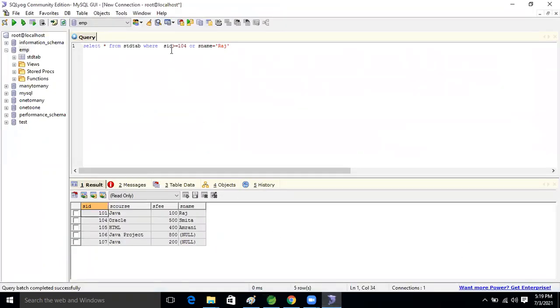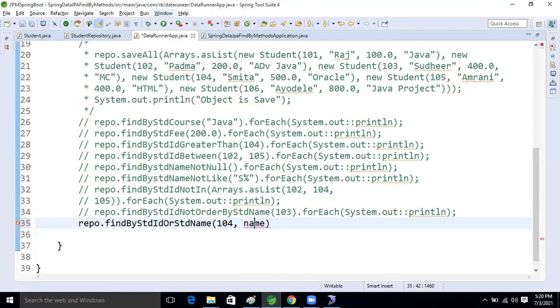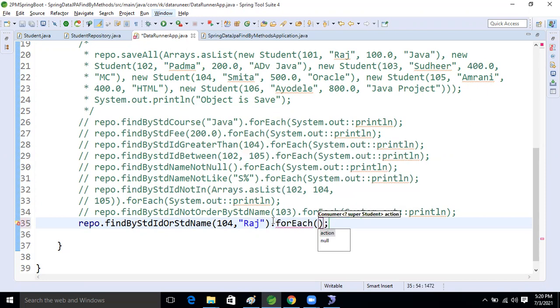So what will we take now? Let's take 104, right? Here let's take 104. And here I'm taking Raj, right? Raj. Good. Now here, for each.